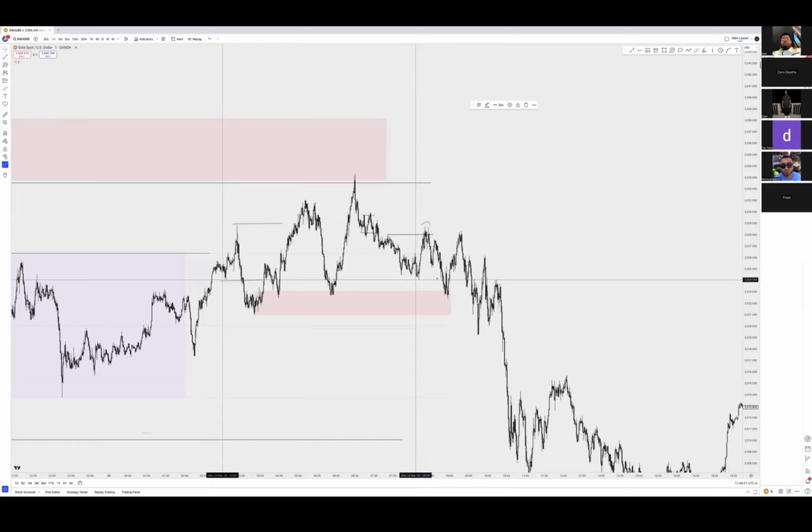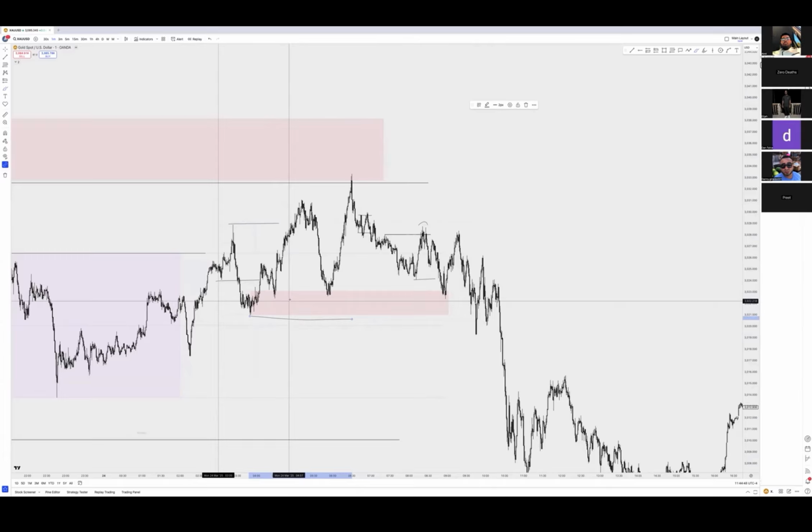Now it does take out the low, okay? But you have to understand, like I said, the whole time it's been building liquidity below here, right? So that's where the actual liquidity is. That's where buyers' liquidity actually is, you know? So even though it takes out these lows over here, right? You can see this low over here was taken out.